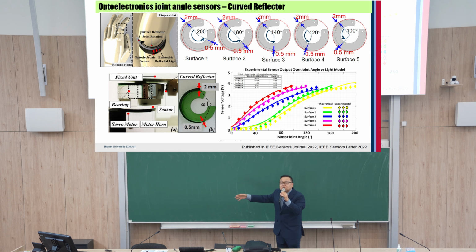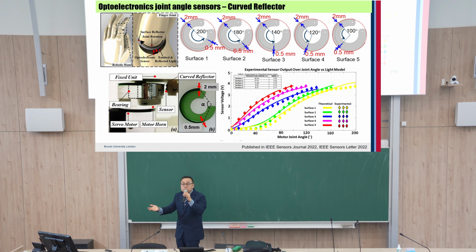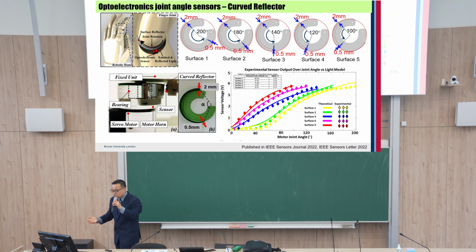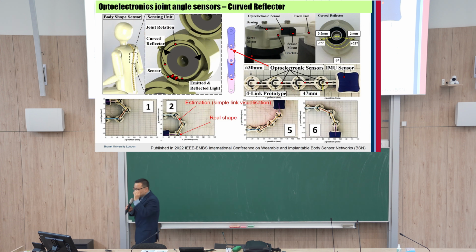Why are you using this stupid way to measure angle? I have never really thought about this question, because there are a bunch of good encoders. Then why are we doing this? Why do we just try to measure all this angle with this optoelectric sensor? You may feel this work is questionable, because, as you will find later,